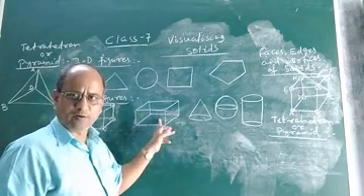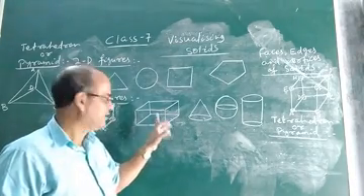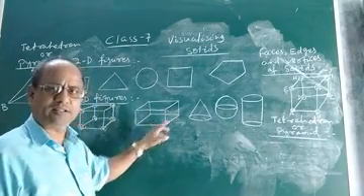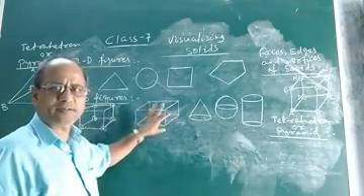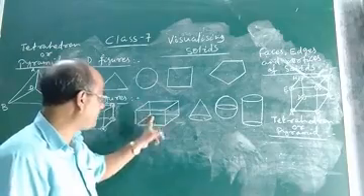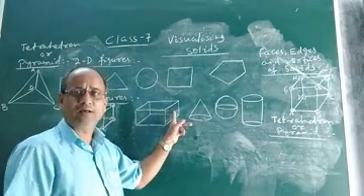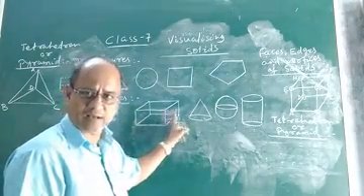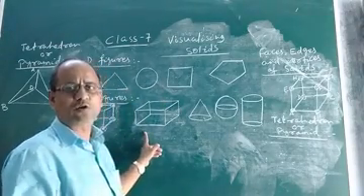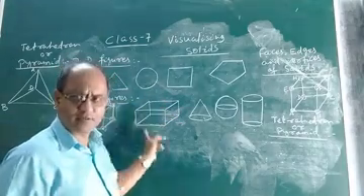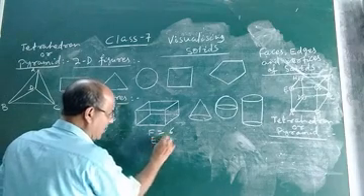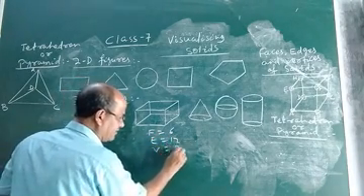Similarly, a cuboid is another 3-dimensional solid. What is the difference between a cube and a cuboid? In a cuboid, there are also 6 plane surfaces or faces, but each face is not a square. Here each face is a rectangle. The base, the top, and all the 4 lateral faces are rectangles. A cuboid also has 6 faces. How many edges do you count? You can easily count: faces are 6, edges are 12, and vertices are 8.